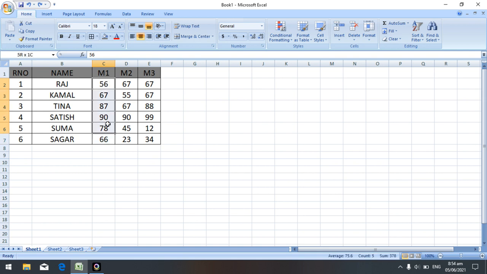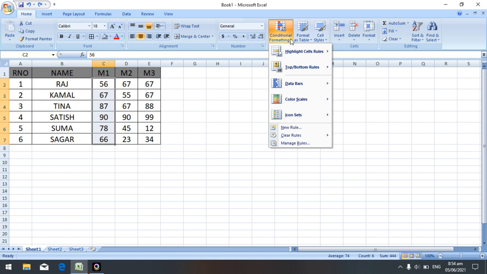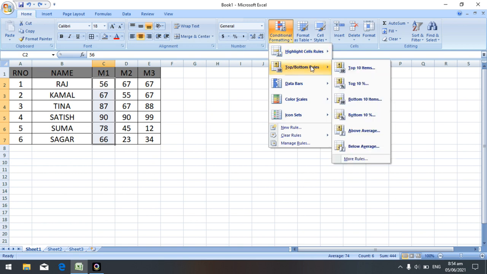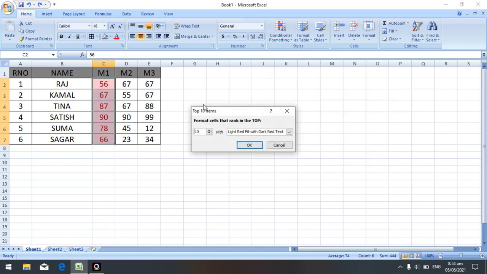Next one, top or bottom rules. If I want to identify the top 10 students or top 5 students, here I want to identify those marks which is the top 1, see it highlights 90.